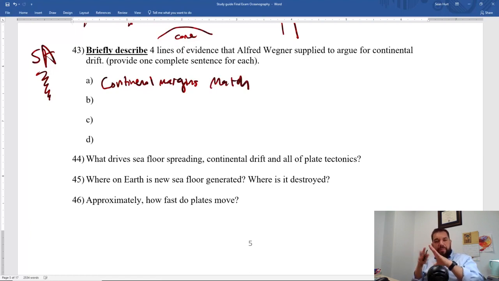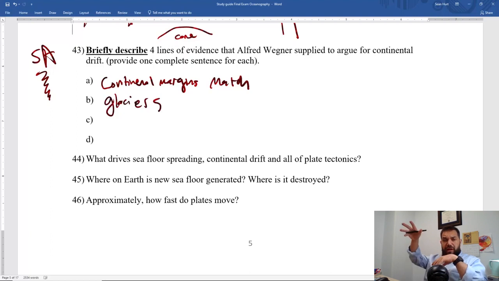You can piece them back together almost like a puzzle, especially if you take into account the shape of the continental shelf. Okay, not just the coastlines. Another line of evidence came from glaciers. Glaciers leave a lot of striations and scratches and grooves as they flow over the surface of the Earth. And it shows you what direction the glaciers were moving in when they were formed.